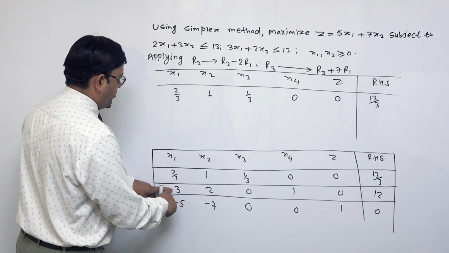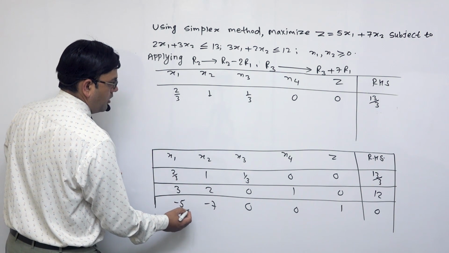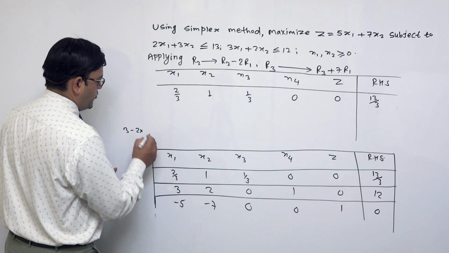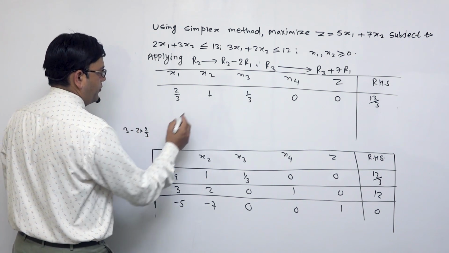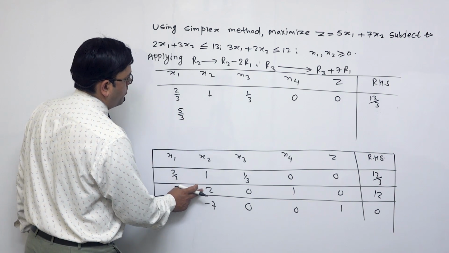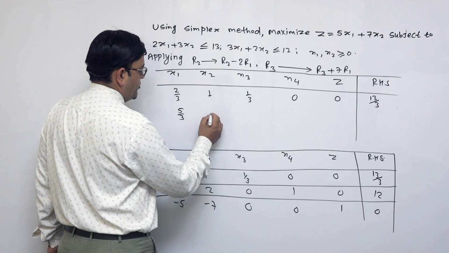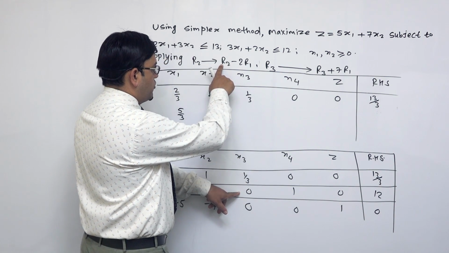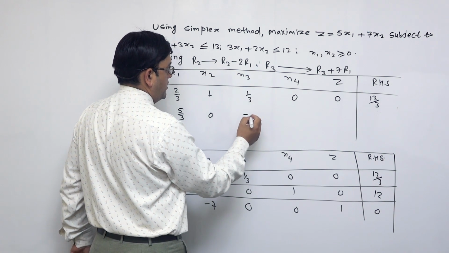Here R2 3 छ, 3 minus 2R1। हेर्नुस् है त, एकछिन हामी रफ हेर्न सक्छौं, 3 minus 2 times R1 means यो 2/3 छ, 2/3, so 3 3 is 9 minus 4, 5/3, so we can write 5/3। Similarly we have here 2 minus 2R1 means +2, so 2 minus 2 is 0, so here 0, this is R2, हेर्नुस् है, 0 minus 2 times 1/3 means minus 2/3।